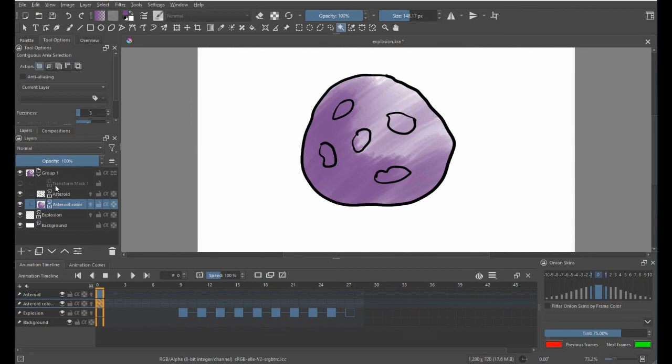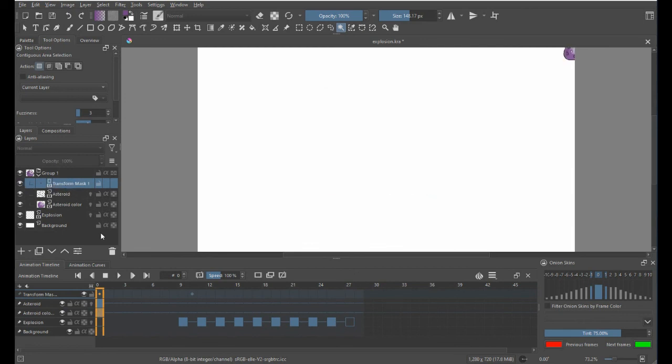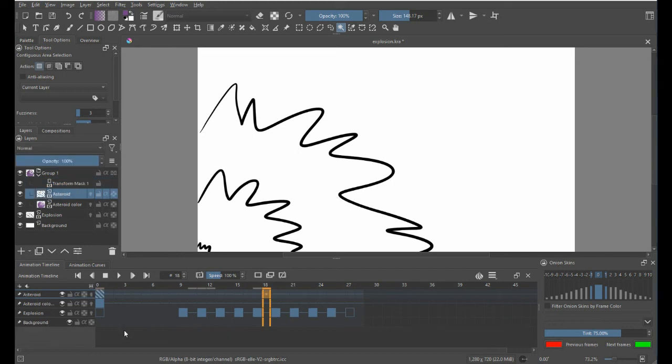Now I'm going to turn on the transformation mask by just clicking on that little eyeball in the transformation mask area, and as I scrub across the top, we see the colored asteroid coming in, and we've got the explosion. Of course, we can go to each of these different layers and add coloring in for those explosions if we want. One other thing to show is, as you create more and more layers, it does use resources, and also